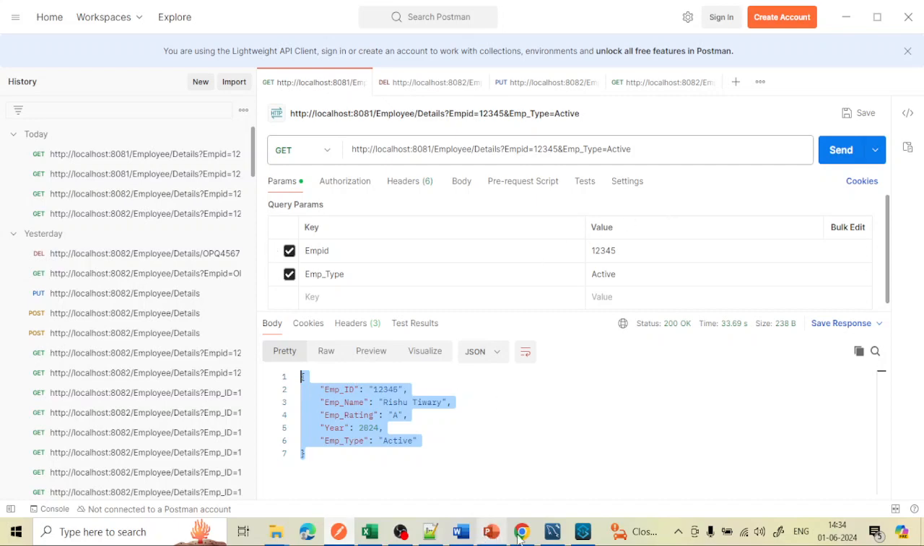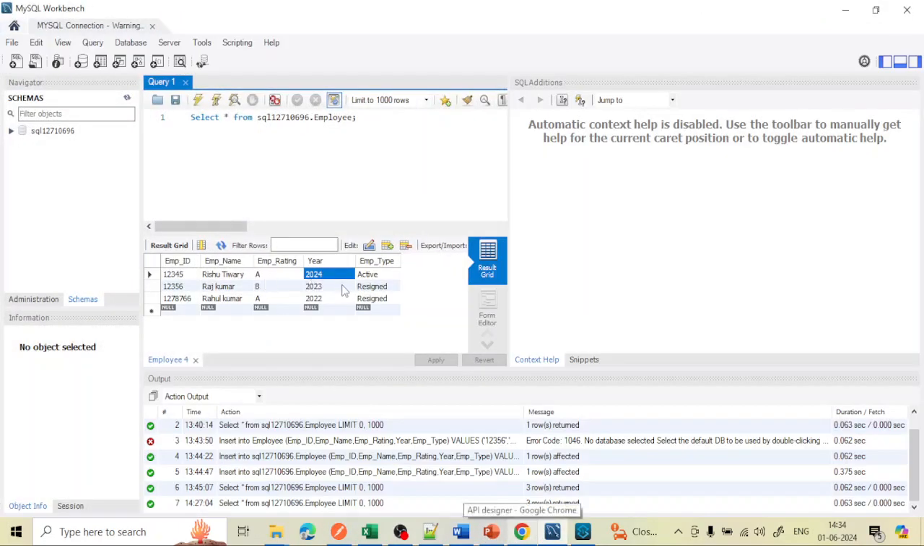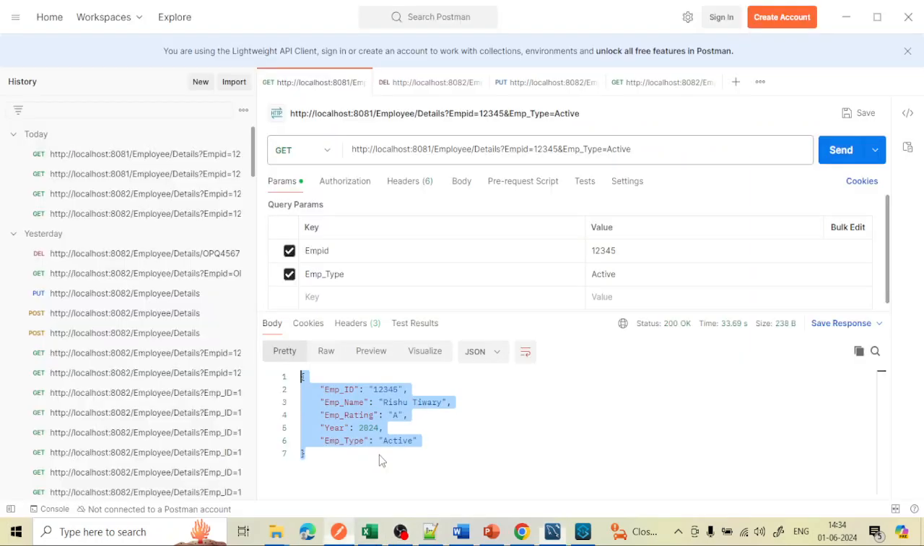Now let's take another example, employee id 12356, and the status as resigned, because these people have resigned and I want to get the status details. Okay, let me correct the spelling. Let me see what I have written: RESIGNED. Okay,